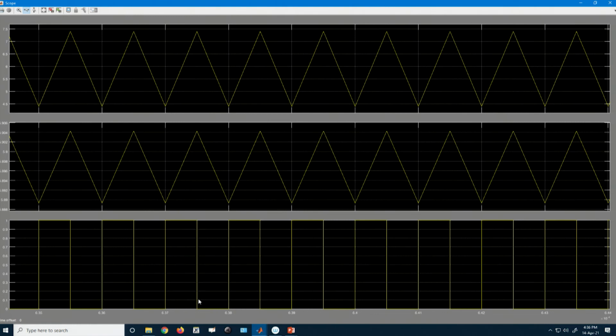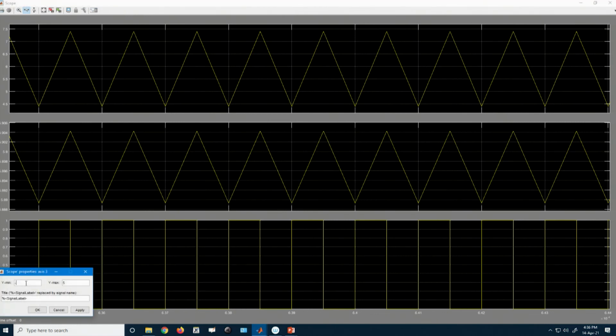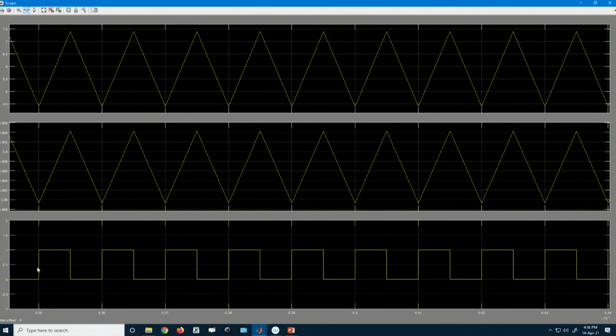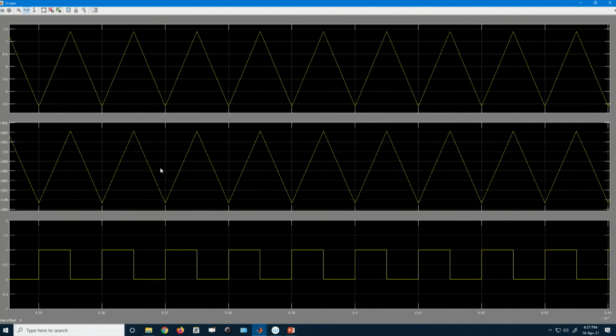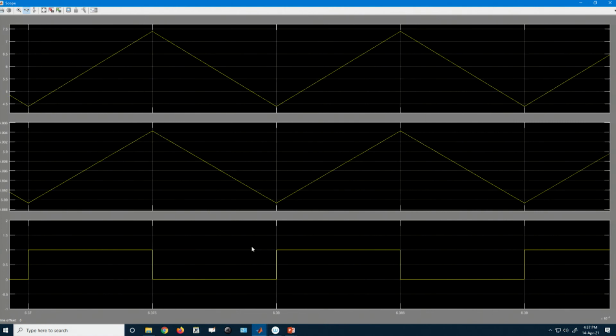So, if I want to give some property of this one, I want to show you that when the switch is on, then the current is rising, and when the switch is off, current is falling, and the output voltage profile looks quite similar to the inductor current profile.